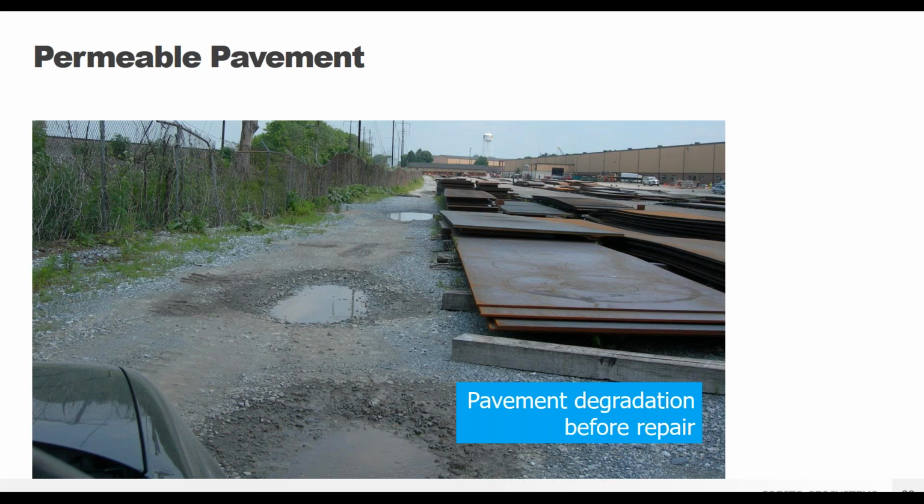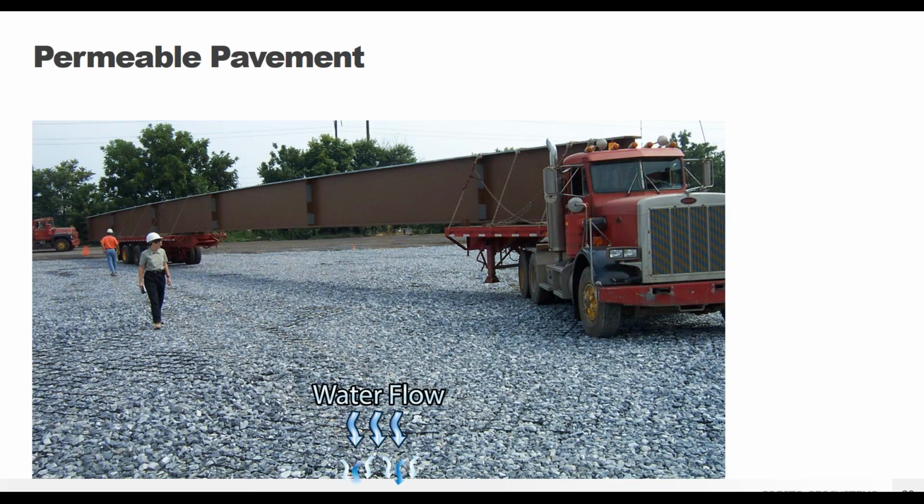So a conventional concrete surface for these high load areas was considered, but it was really cost prohibitive. Plus, a permeable surface was desired for stormwater management. So the pavement was stabilized with the GeoWeb system and a highly permeable open graded aggregate. So the water infiltrates right at that point of impact, reducing surface runoff and reducing or potentially even eliminating the need for additional stormwater infrastructure, such as drainage swales or detention ponds.